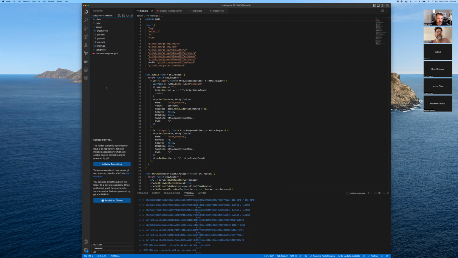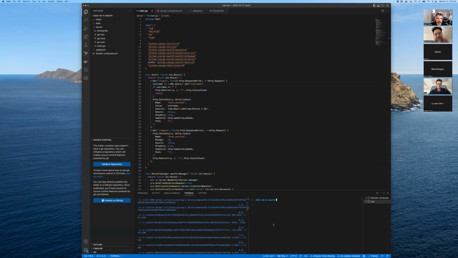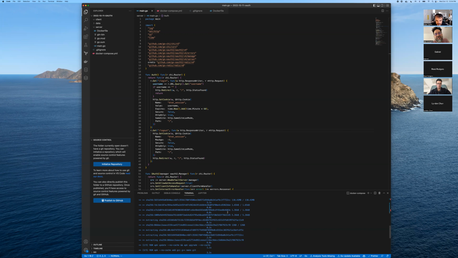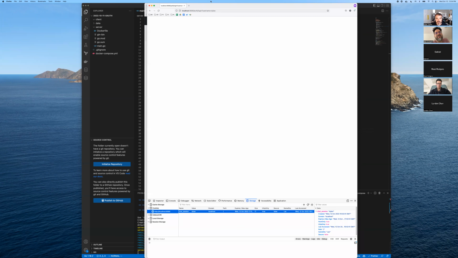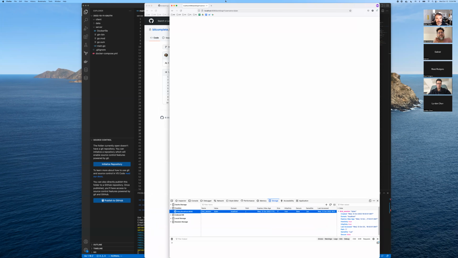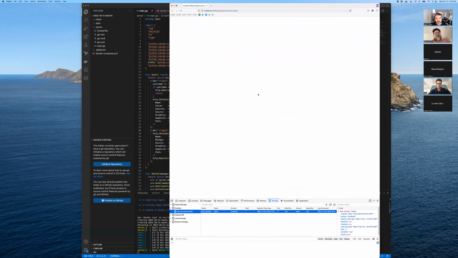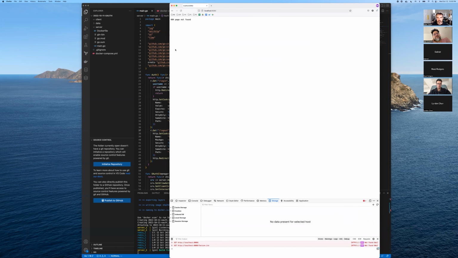We're going to talk about OAuth. So we have here a very basic OAuth server. This is a simple Go app that I wrote just now. It has a beautiful homepage, and